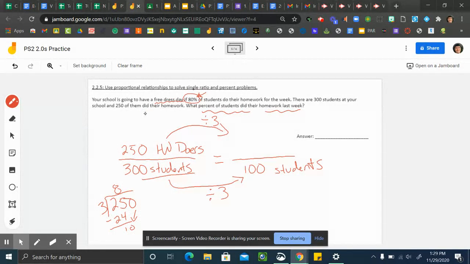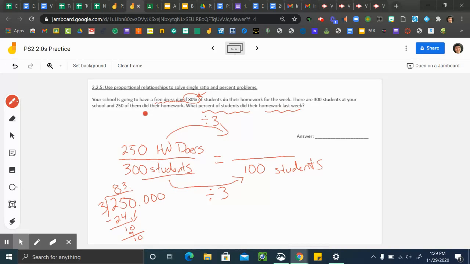3 times 3, right, is 9. Okay, 1, and then there is another 0 after that. There's an infinite amount of zeros. 0, okay. And we notice that there's a pattern starting to happen. 3 goes in there, 9, okay, and then there's a 1. So 83.3 seems to be the answer,